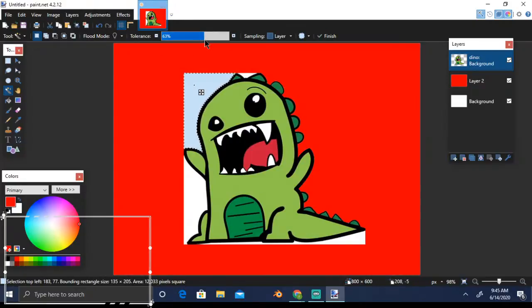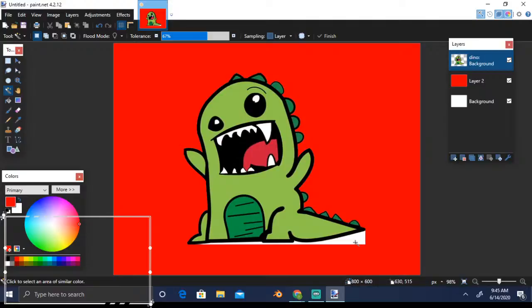Depending on your tolerance level, it may select more area or less area. Depending on your need or ease, you can set that tolerance level. Normally around 50% is good. Otherwise, it may select a lot of stuff which you don't want it to select. You can see that even the teeth are white, but it's not selecting the teeth, while it's selecting this here because of the tolerance level, right? So here you go. Doesn't that look good?